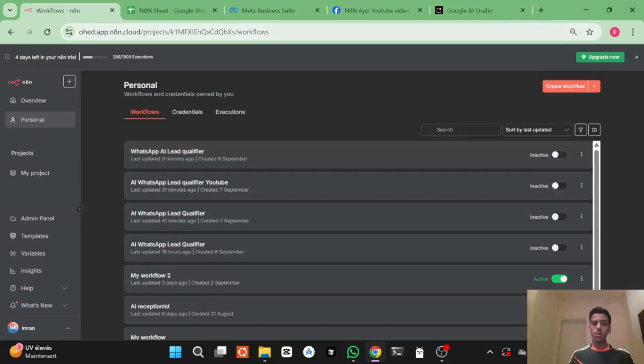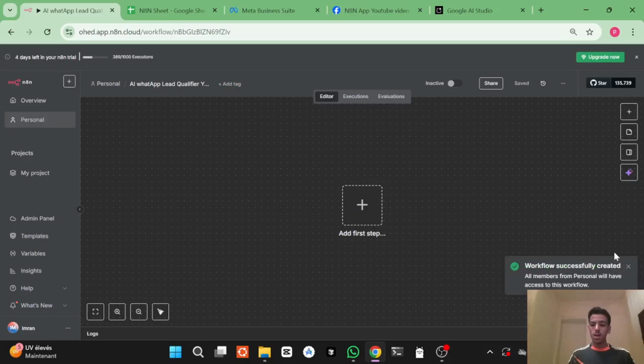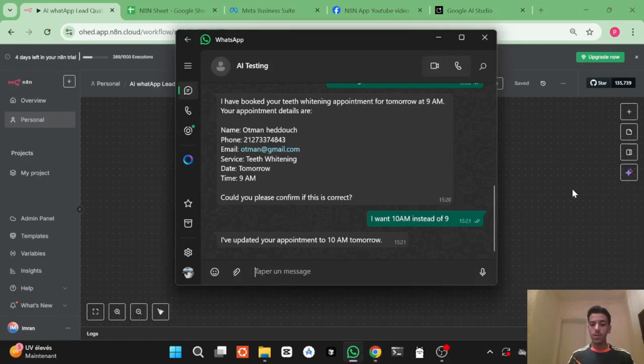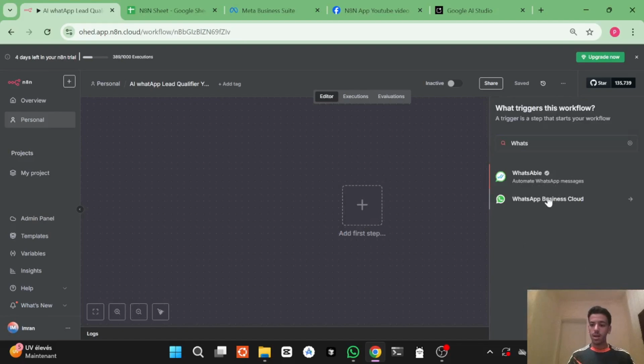Alright, so go ahead to your N8N platform, sign up with your account, and create a workflow. Let's name it AI WhatsApp Lead Qualifier YouTube video. Okay, so the first thing we need to do is create a trigger. Something is going to trigger the entire workflow. And in this case, whenever we receive a message, click Add First Step, search WhatsApp, click on WhatsApp Business Cloud,